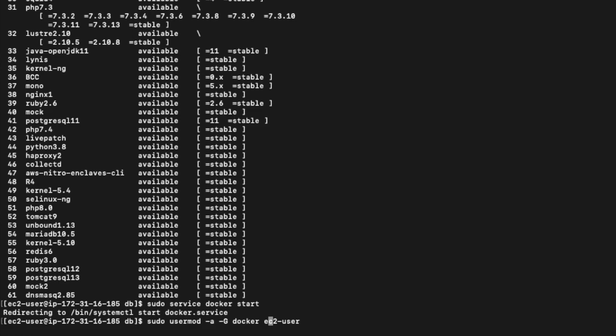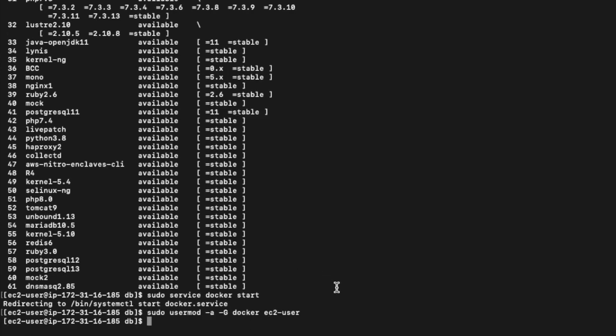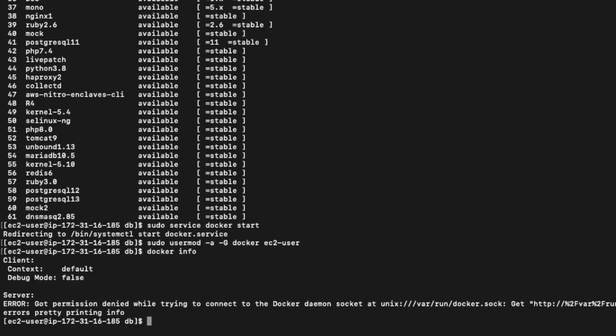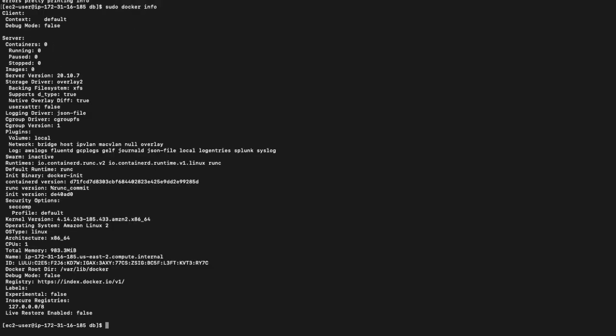It's done. Now the next thing is we need to check and verify that our Docker service has been successfully installed and started, and the list of variables which were defined we can get from this command, docker info. Okay, it is giving me an error that Docker got permission denied. So let's do one thing: let's put sudo and run docker info. Now this is installed, and information like containers running, paused, stopped, all these kinds of information you will be able to get from this info. Friends, this way we can set up Docker on an Amazon AWS machine.